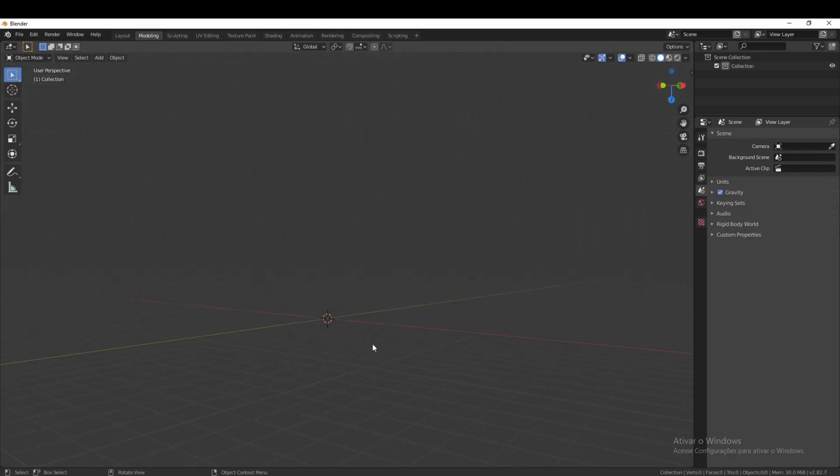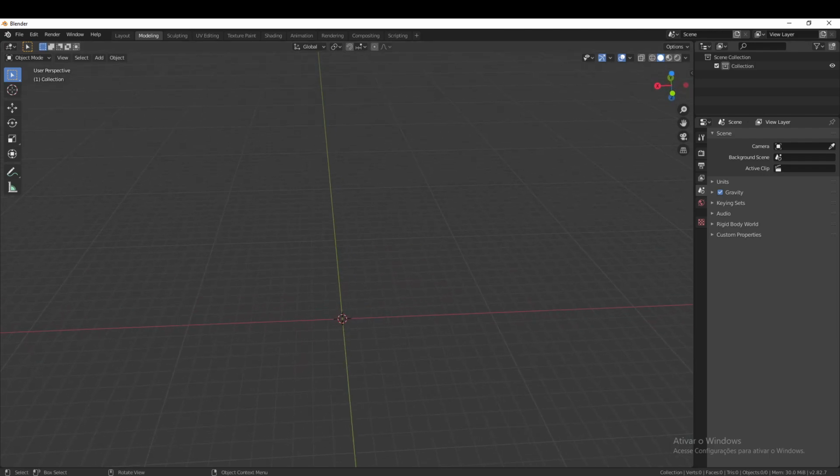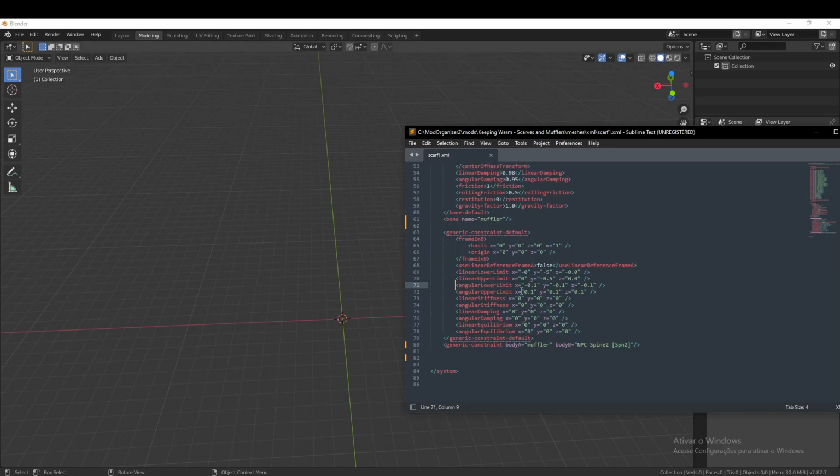So here, this is the plane. You can see that it is x, y, z. If your XML has a linear lower limit of -10 and an upper limit of 10,